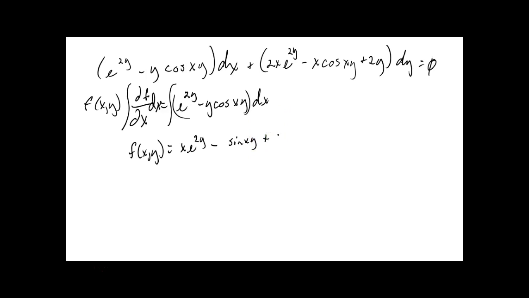It could be a function of, what are we counting as constants? Y. We're counting y as if it's a constant, so therefore our constant could be a function of y alone. Can't be any x's in it. It's got to be that. Okay? So that's what our f of xy is. Only trouble is we don't know what the g of y is. Okay? Now,